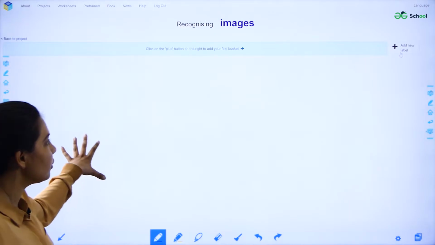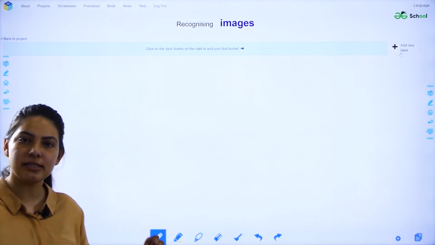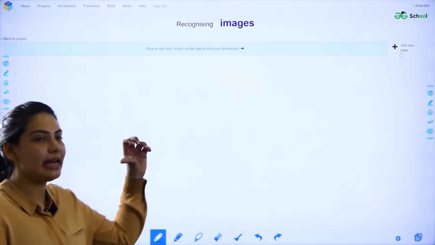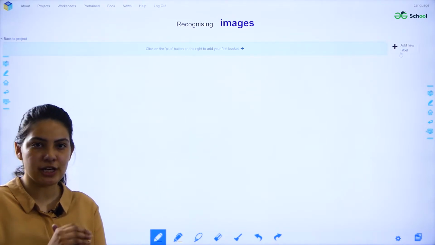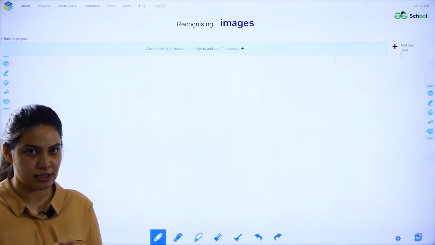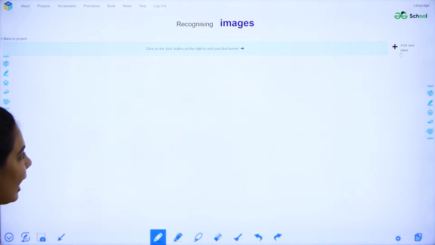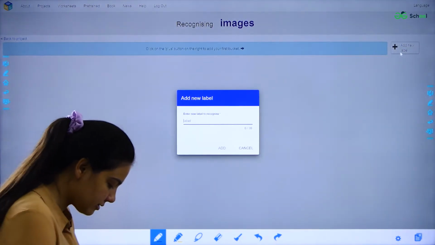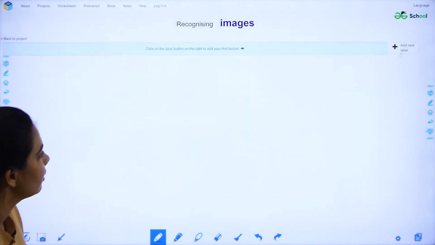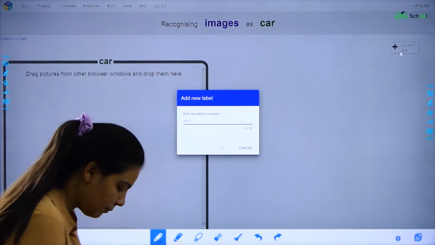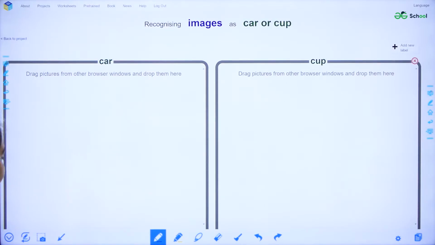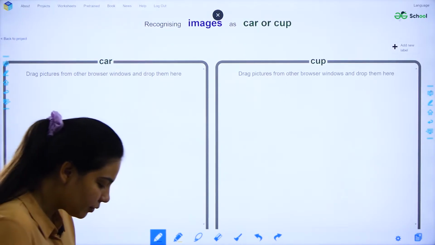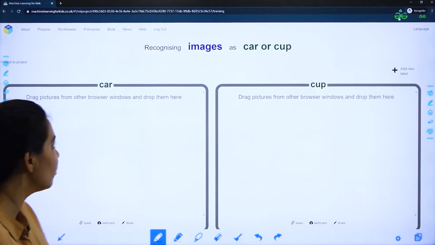What I'm going to do here is add some images of cars and cups so that my computer can recognize and differentiate the bundle of images afterwards. For that, I'm going to create two buckets, that is car and cup. I'm going to add the images from Google.